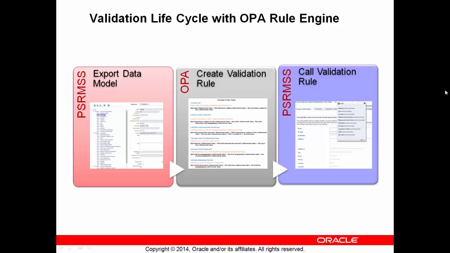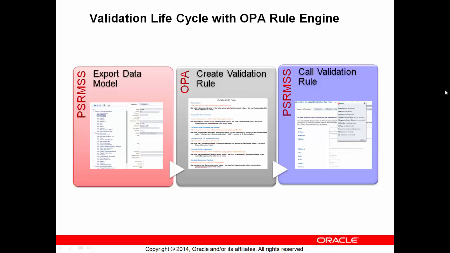In order for you to build the rule in OPA, you would need all these attributes because you're probably going to build your validation for a subset of them. So step number one exports this data model from PSRM self-service admin data, and it creates an OPA rule model. So what is an OPA rule model? An OPA rule model represents entities, attributes, and relationships using which you can create your rules. Rather than creating this rule model manually, it will be created for you based upon this export. So step number one will take this definition from PSRM self-service and generate the same definition, but using